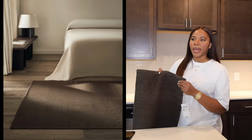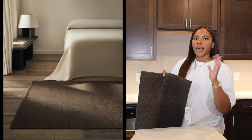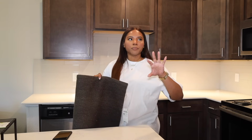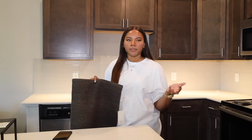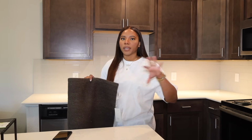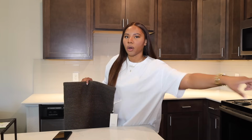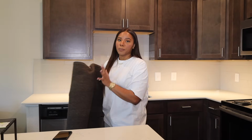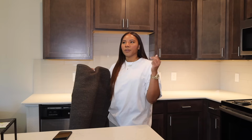Initially, I bought this for my bathroom, but when I got it, I was like, this will actually be perfect for my hallway. I don't know if you guys could tell from the footage, but I have a very open concept and my island is connected to the hallway that goes to the rest of the apartment. So I thought this would be pretty to put there to kind of warm up that open space,